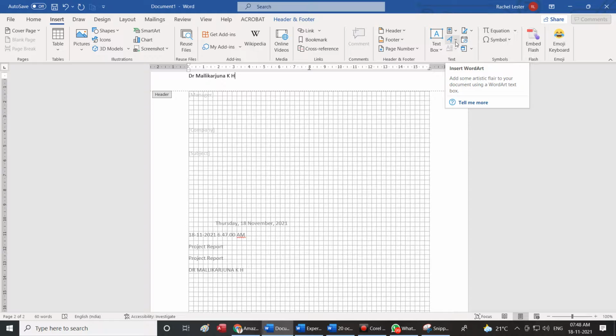This option helps you to add special artistic text to your documents.